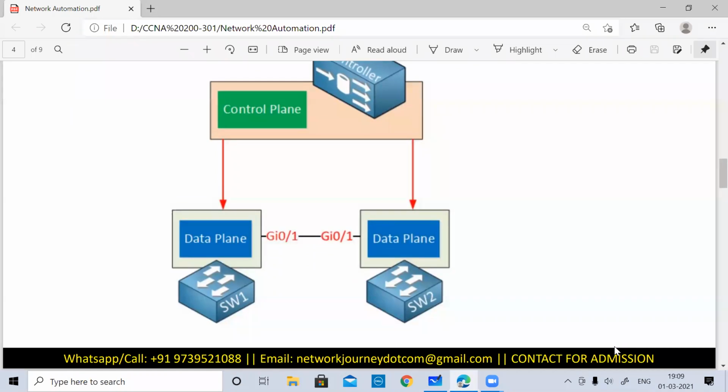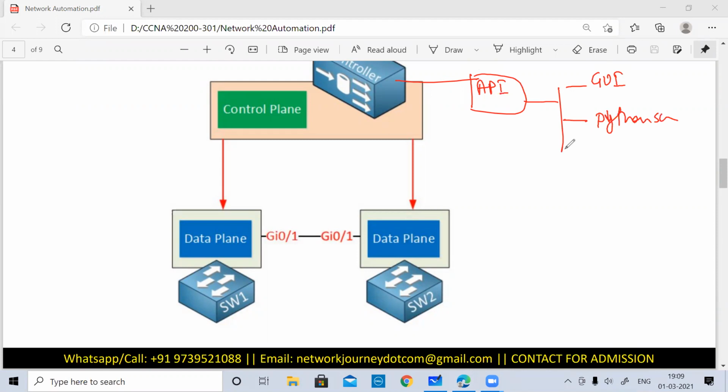Basically, your controller will be connected to an API, and from your API you may be connected to a user who is using a GUI, but behind the scenes there is an API, as well as the Python script or the JavaScript. So there is an API which will be controlled either by a GUI, some scripts, or some other application.